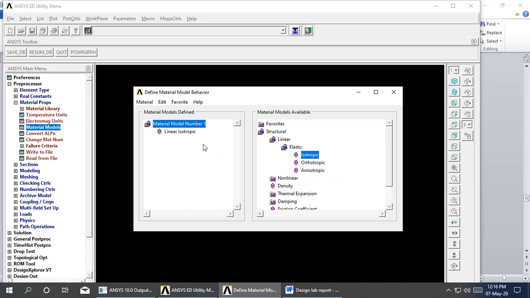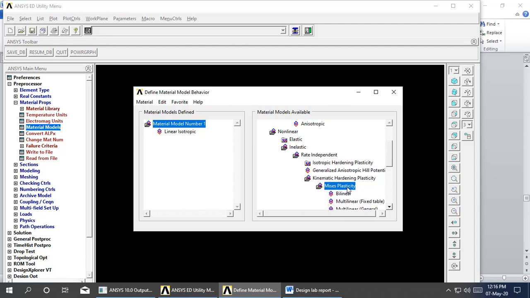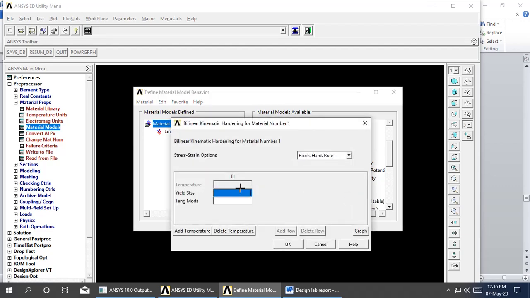And as this is a ductile material, we have to go for the non-linear behavior, inelastic, rate independent. Select kinematic hardening plasticity, Mises plasticity, bilinear. In that you have to give the yield stress of material 1, that is the mild steel, 240 MPa.